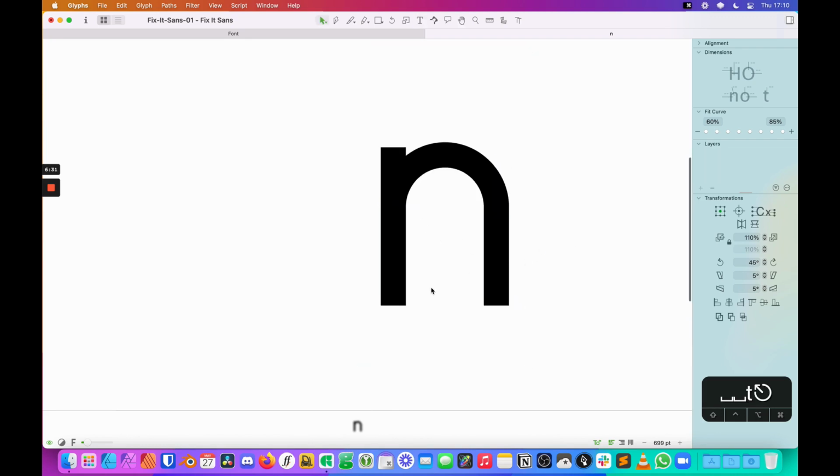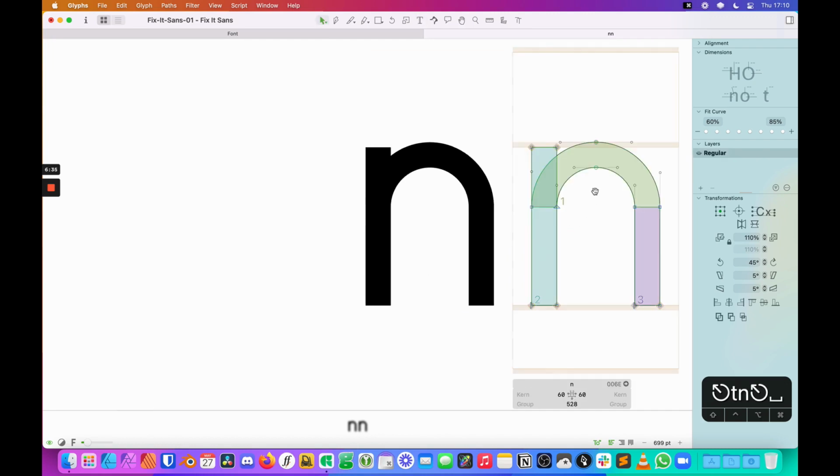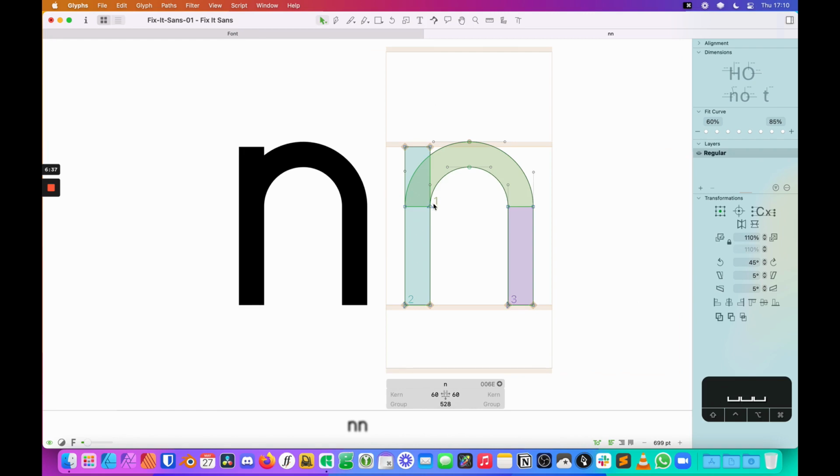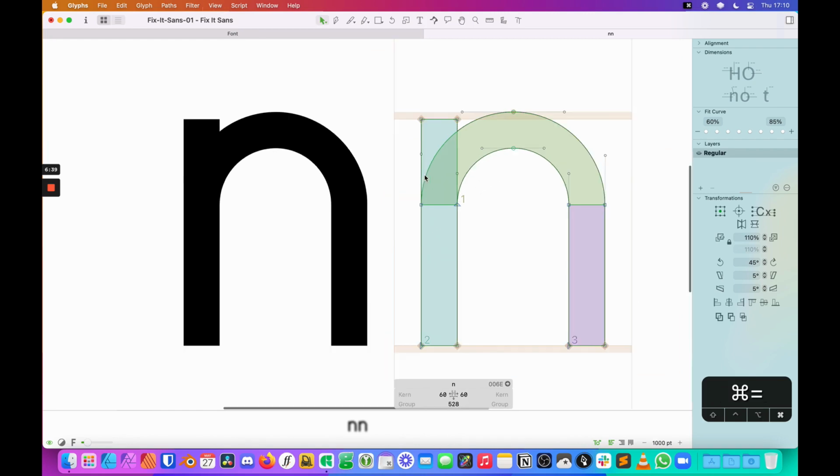The next thing that I'm looking at when I'm designing this N, and I'm going to go ahead and put two N's on screen so you can watch me edit one, and I'll do my best to keep the zoom in a good place, so you can see how it affects an actual filled-in character on the other side. But the next thing I want to do is take some measurements here. I said that it was 80 points there, and it's 80 points there.